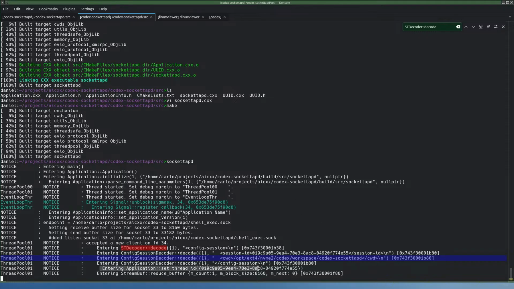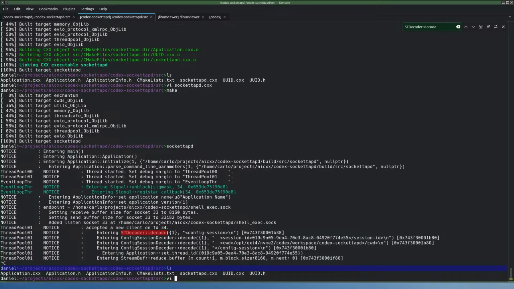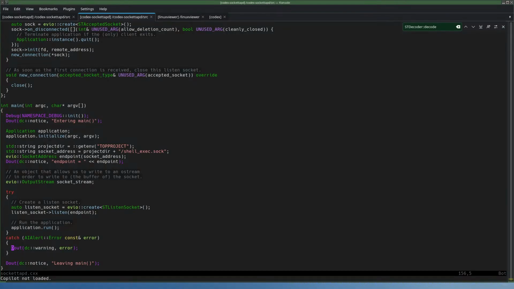Right, so this is calling set thread ID, and now we have the thread ID. Yep. So let's go back to the main application, see how that worked. So this is the whole application. We just create an application, decode command line parameters, construct a socket address,